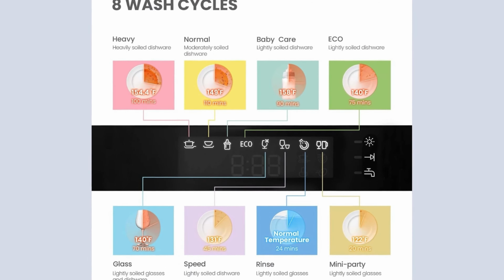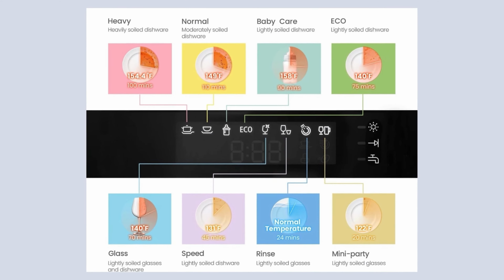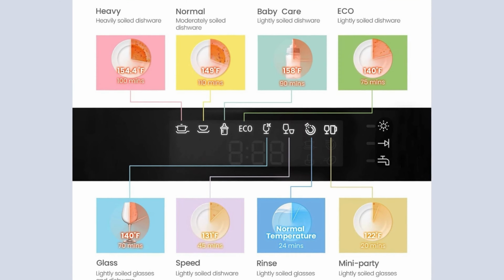What sets this dishwasher apart is its 8 diverse washing cycles. It offers everything from a heavy program for those daunting, heavily soiled dishes to a delicate glass cycle that takes extra care of your fragile dishware, ensuring crystal clear results without damage. Notably, the speed program is a standout, cleaning dishes in just 45 minutes, perfect for quick turnarounds at gatherings or